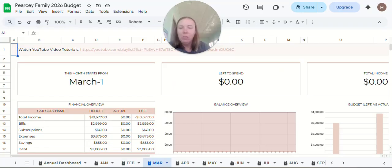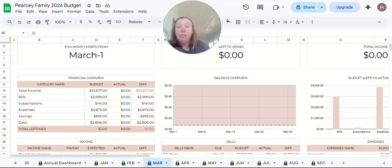So for March, I've set us a budget. This is our budget. I haven't entered any expenses yet, so we will see how this lands, and the income is variable, and I am going to have to work hard to get some of these figures. So I've got our total income at $10,677 for the month. That's what I think it will be, but I will need to push to get some of those amounts to get to that amount. Bills, I've estimated at